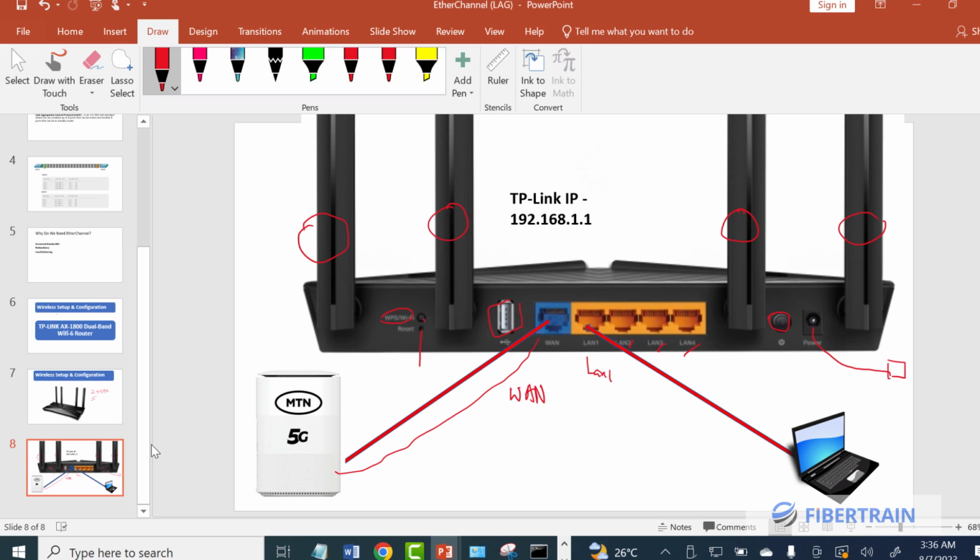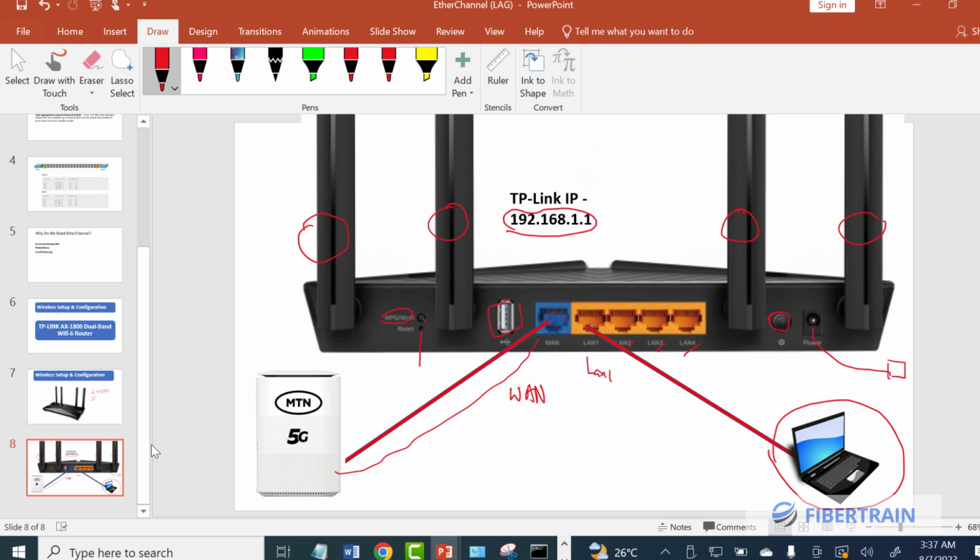My laptop that I'm using for this recording is connected on the LAN, and I'm going to be logging into this router from the laptop here. I'll be launching a web browser on the laptop so that I can gain access into the device. All right, so that's what we've got here, and then we want to jump in and quickly get this guy set up. This router is from TP-Link, and the default IP address is